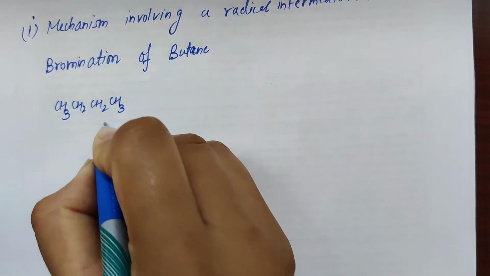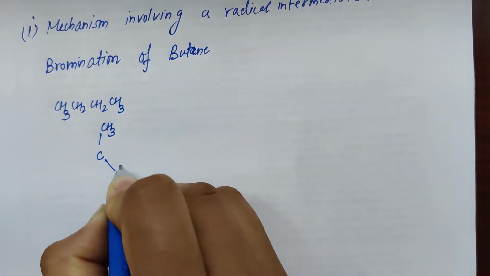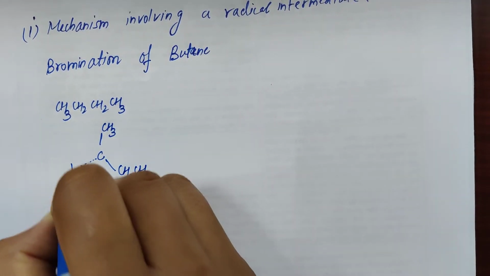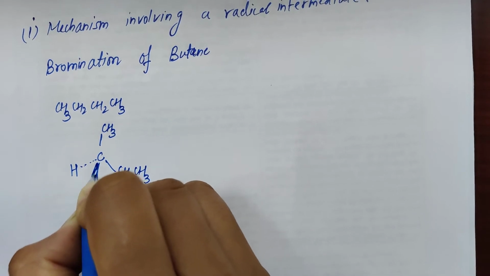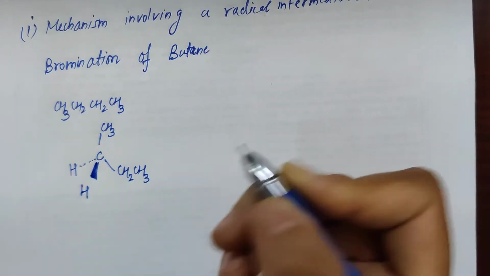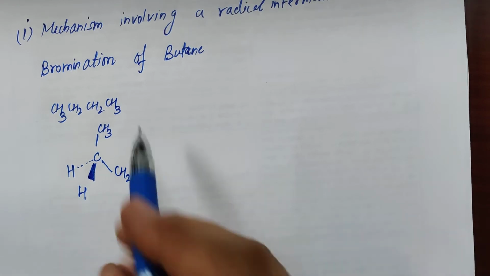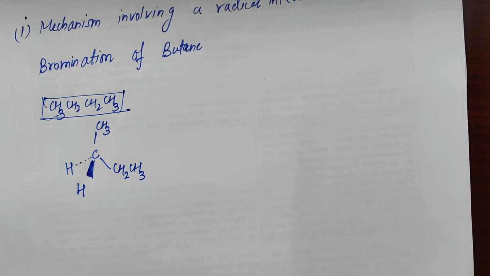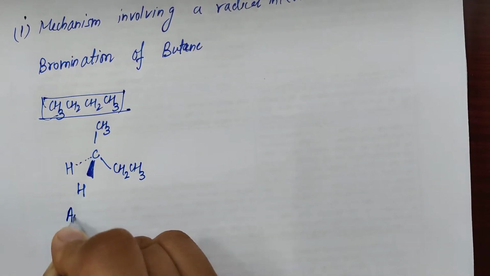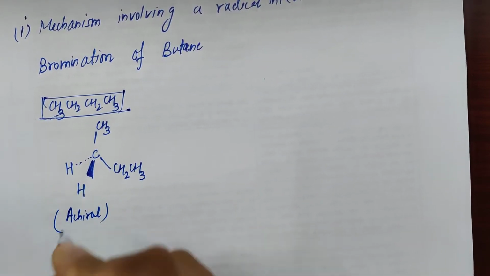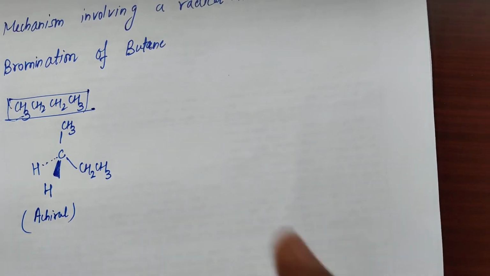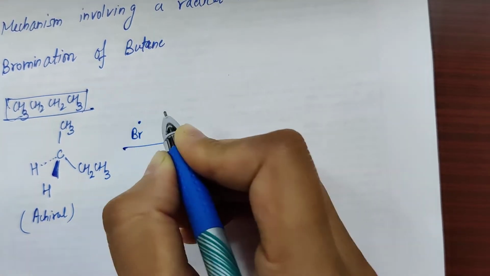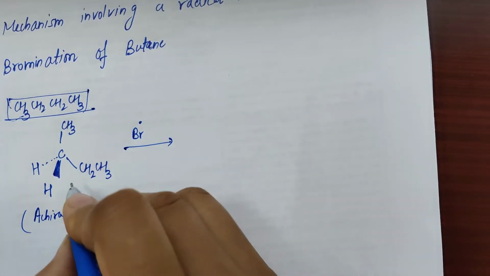I am writing this in the form of dashed and wedge formula. So these two are the same, this and this. Okay, now you can clearly see that this is an achiral molecule. This achiral molecule, when it undergoes bromination by free radical mechanism, a Br radical will attack on this butane,